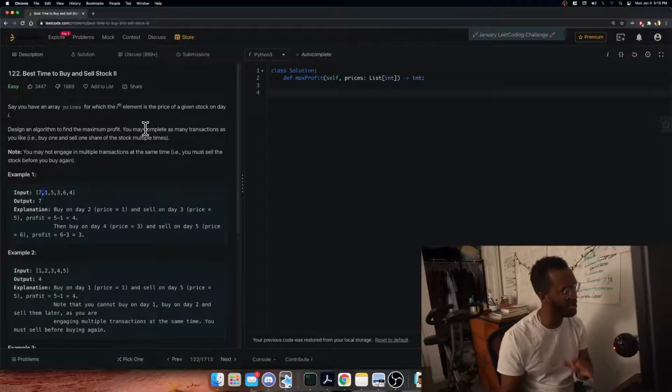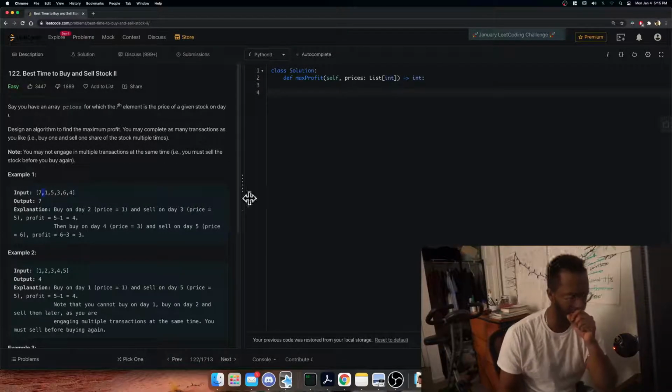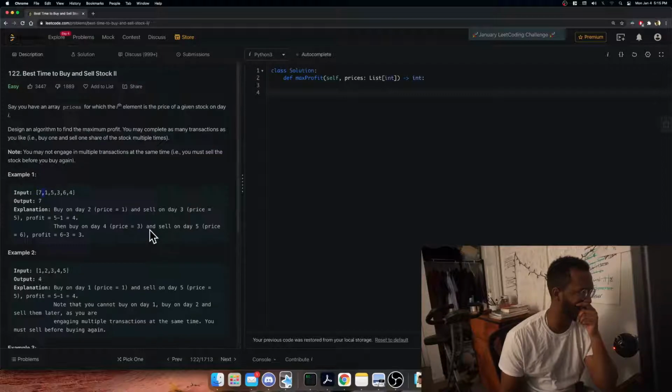You may complete as many transactions as you would like. Buy one, sell one share of the stock multiple times. Note, you may not engage in multiple transactions at the same time. You must sell the stock before you buy it again. So this problem, if you check the comments, there's a lot of contention. Okay, so basically,